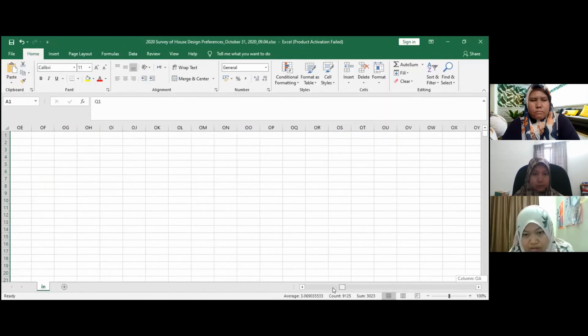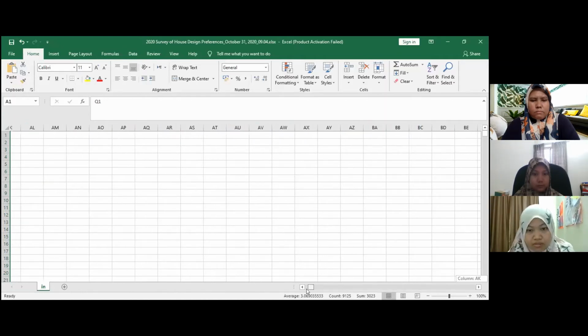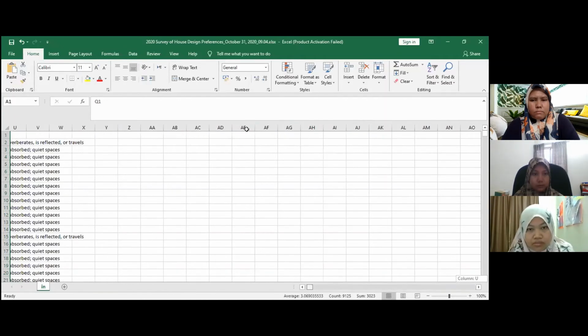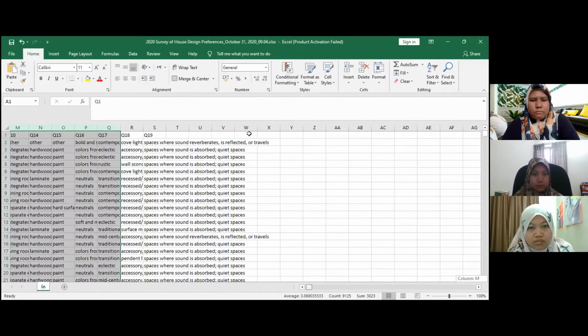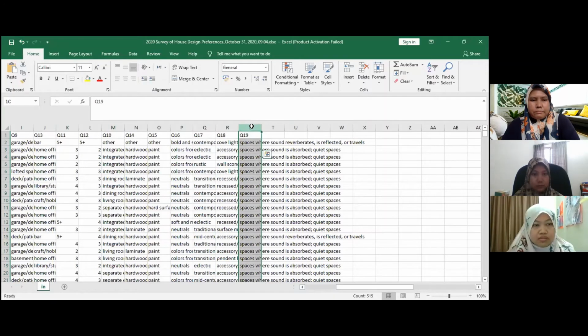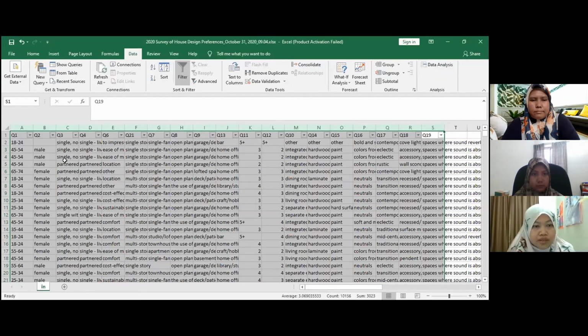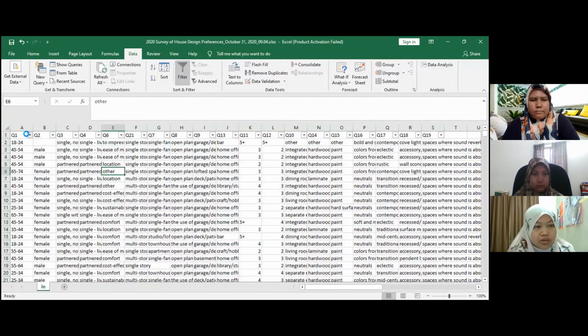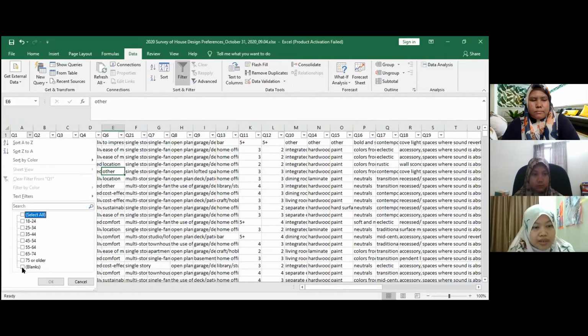We use a filter. By using this, we select only the blank data for each column.